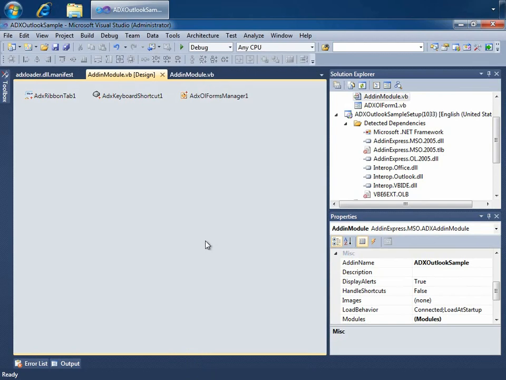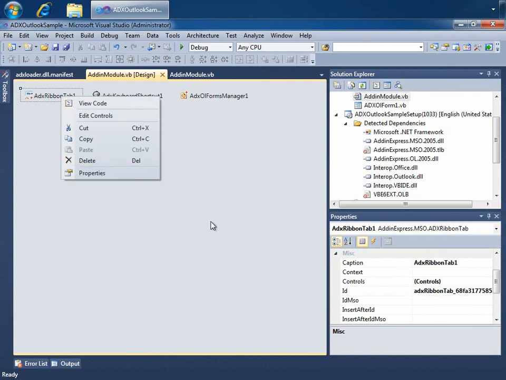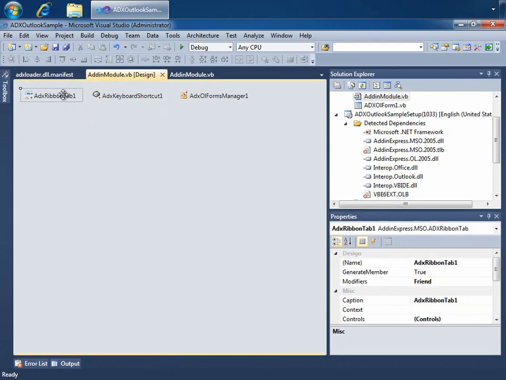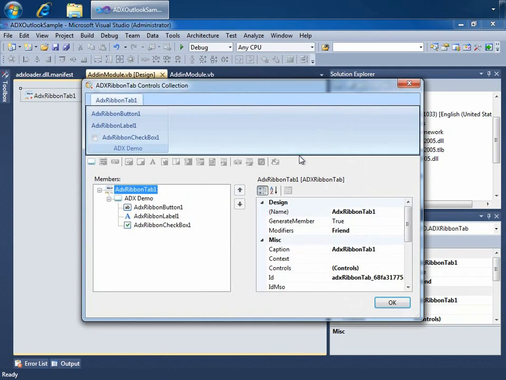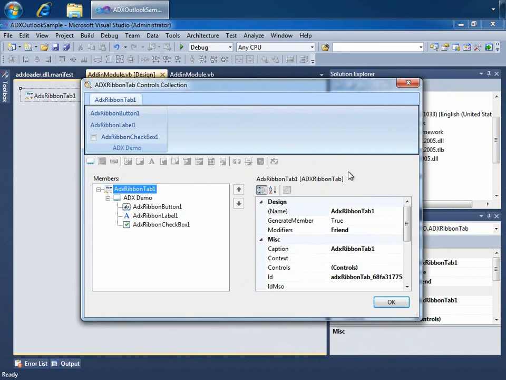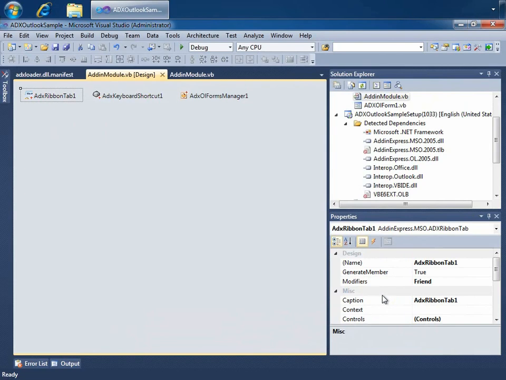The other thing is just the fact that in terms of the programming model, what I want you to understand is just how simple it is to use the Addin module and to begin to build out, as I showed you, like with the Addin ribbon tab, where, if I can get back to it here, how easy it is to edit controls and build out that entire component just using the visual designers that are available inside of Addin Express. So those are the two big takeaways, and I didn't really write any code, and that'll be something we'll do in other videos. But for now, just know that ADX really simplifies Office development,